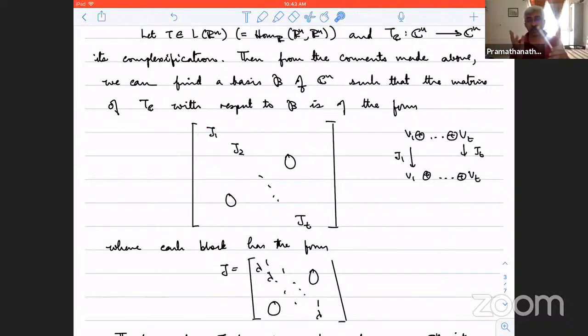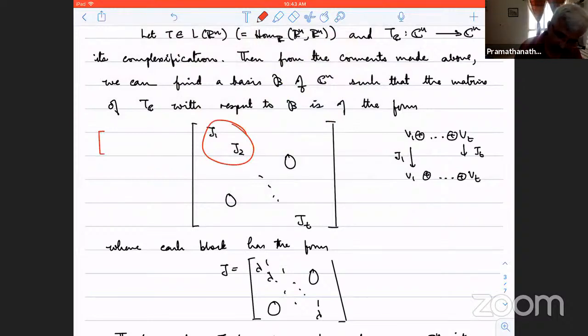And rewrite this matrix. What you will get instead of this will be something larger. Instead of this part, you'll end up with something which looks like m times I2 times m. Okay, so J1 and J2 will have the same size because they correspond to the conjugate eigenvalues. So this together, it'll look like